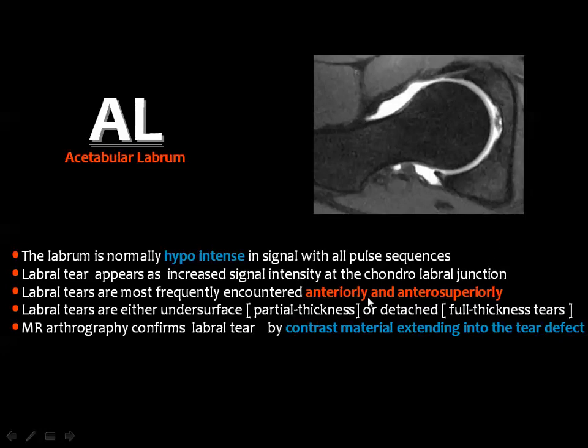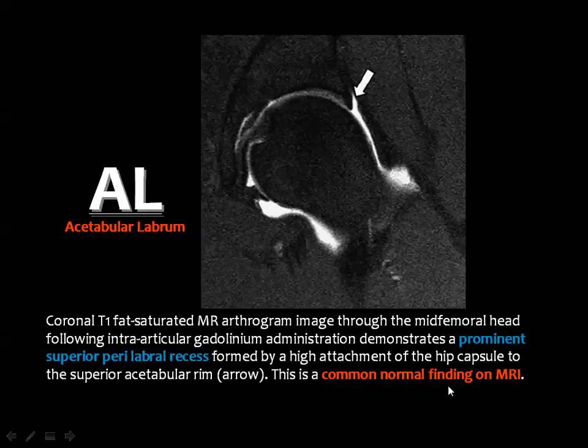The most common sites of labral injuries are the anterior and anterosuperior sites. Then one of the most important landmarks of labral injuries is the extension of the injected contrast material into the